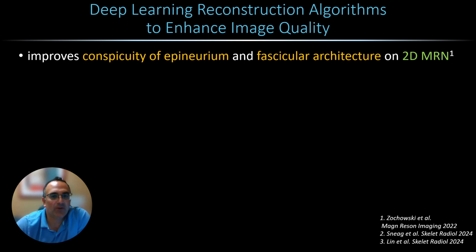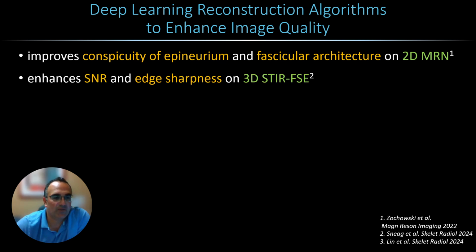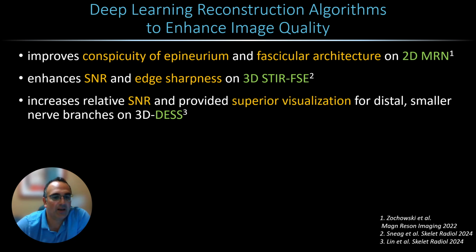Another technique that we use routinely in practice is a deep learning reconstruction algorithm. These are available commercially by all vendors. And these algorithms have been shown to improve the conspicuity of the epineurium and the fascicular architecture of peripheral nerves on two-dimensional MRN. They have also been shown to enhance signal-to-noise ratio and edge sharpness on 3D imaging, and increase the relative signal and provide superior visualization for distal smaller nerve branches when using a particular 3D technique called DES, which also